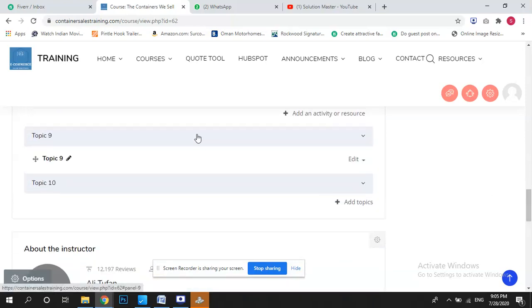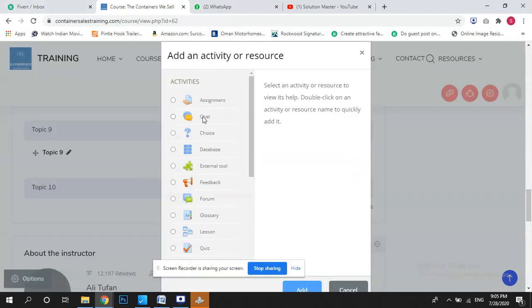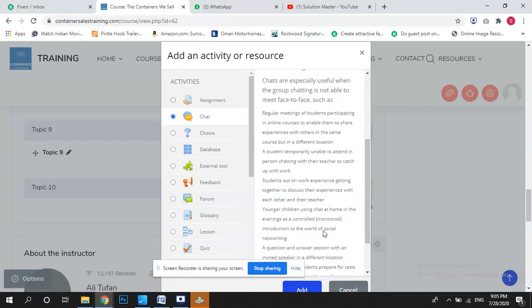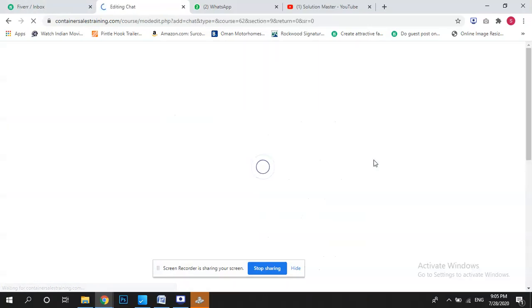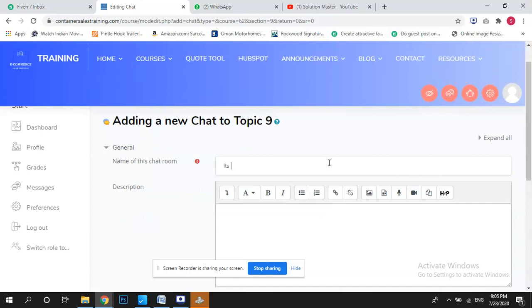Now I will come to topic 9 and click add an activity and choose the chat option. Same as the assignment, we will create a chat option, add. It's a chat.